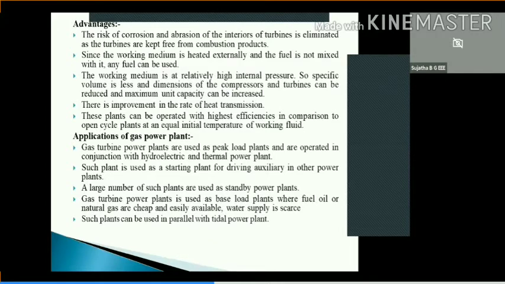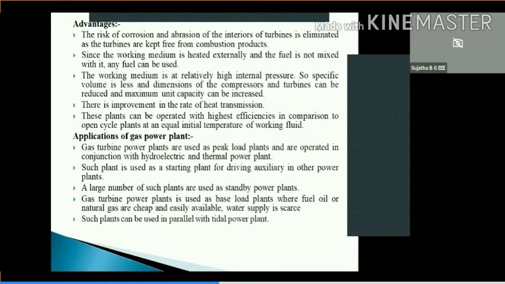See, a tidal power plant is again a renewable energy source. By using tides, you see in oceans or seas, tides are produced. Is it not? You have seen tides. There is a rising and falling movement of water. These are nothing but tides. There is a lot of energy present in these tides. So this energy can also be used for producing electricity. You will study in higher semesters or in renewable energy sources how we produce electricity using the energy present in the tides in oceans. Of course, we can use these gas turbine power plants in parallel with the tidal power plants.